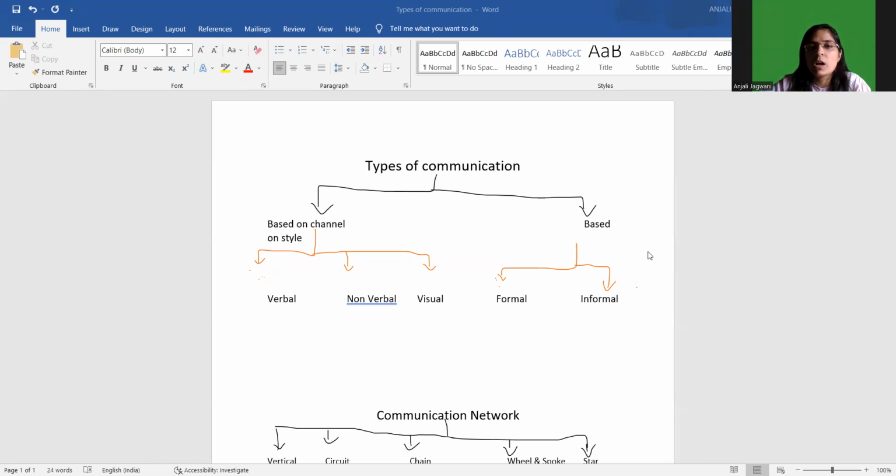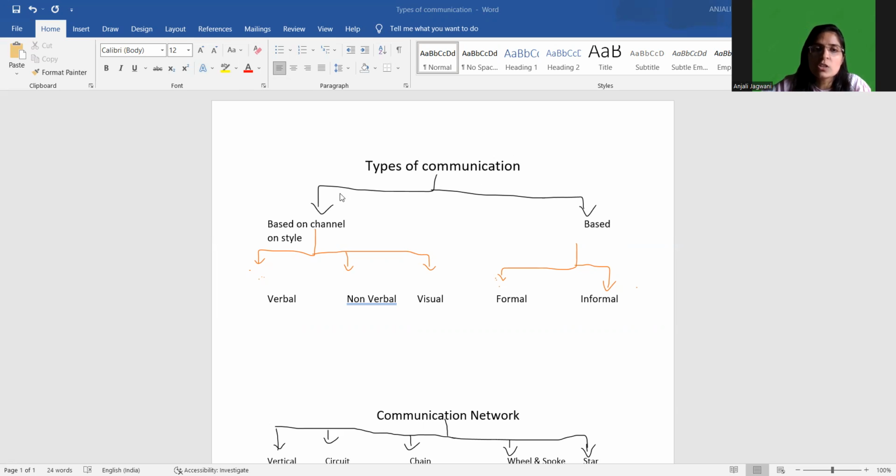Now, how to communicate: in communication, there's a sender and there's a receiver. Whatever information you want to convey is encoded and then decoded. So that should be done in a proper manner. So this chapter, communication, is introduced to us. In that, the first part that I'm going to discuss today is types of communication. I'm going to discuss the gist of types of communication with you.